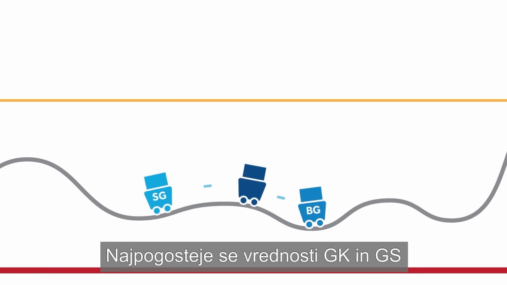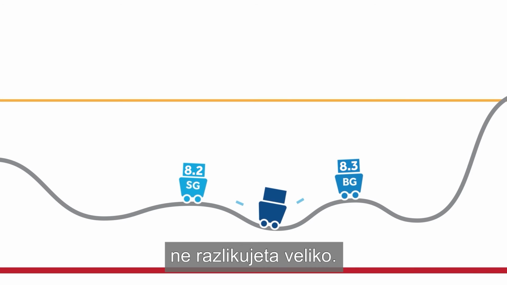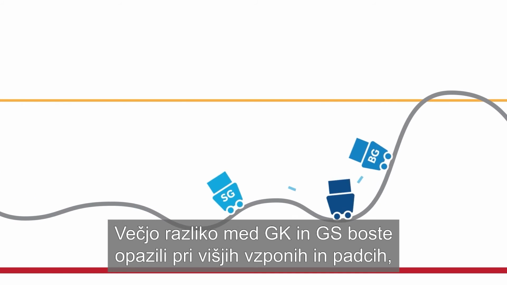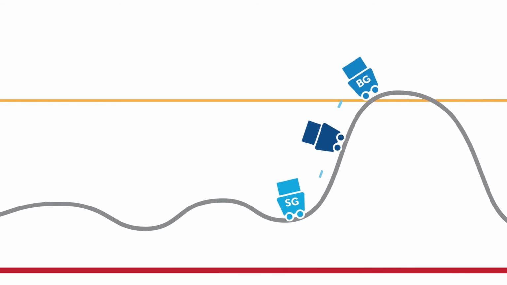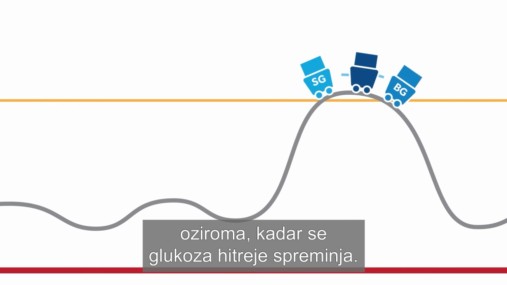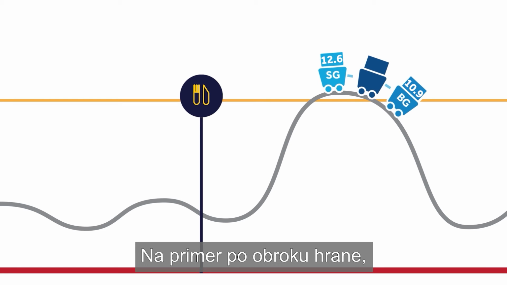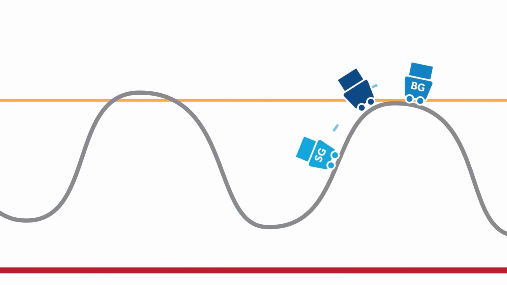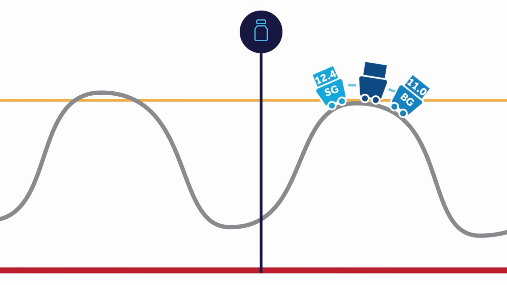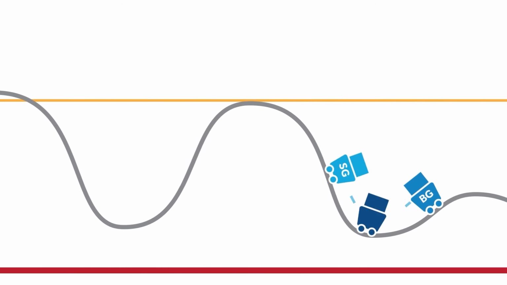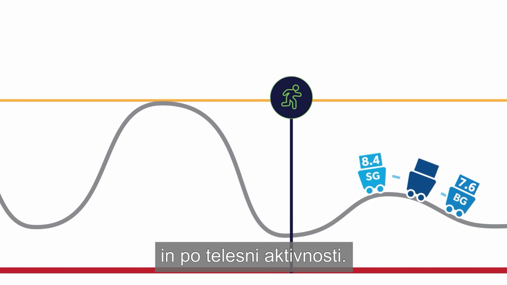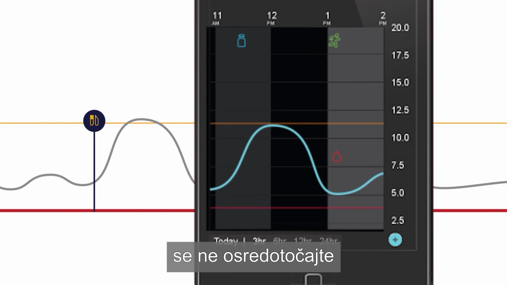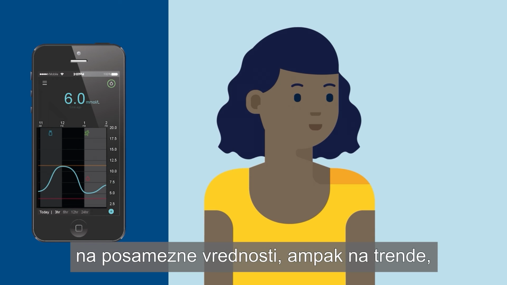Most often, the BG and SG numbers will be close to each other. However, you'll see a greater difference in BG and SG on the bigger hills, or when glucose is changing more rapidly. For example, after food, after insulin, and after exercise. When you use CGM, the focus is not on the individual number, but on the trends, since